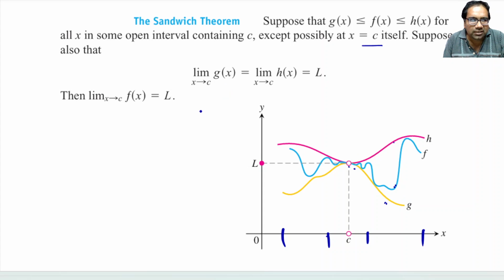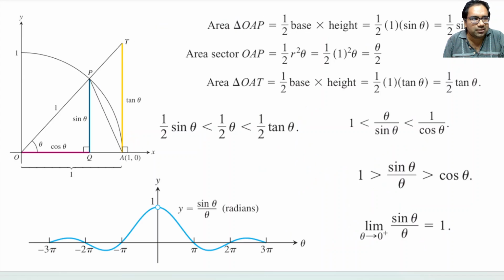Please note here we are not talking about g(c), or h(c), or f(c). We are talking about limit x tends to c of f(x), or limit x tends to c of g(x). This is a very intuitive theorem, right? We can agree to this in a very easy way. Now let us use this theorem and try to find out that limit sin theta by theta as theta tends to 0